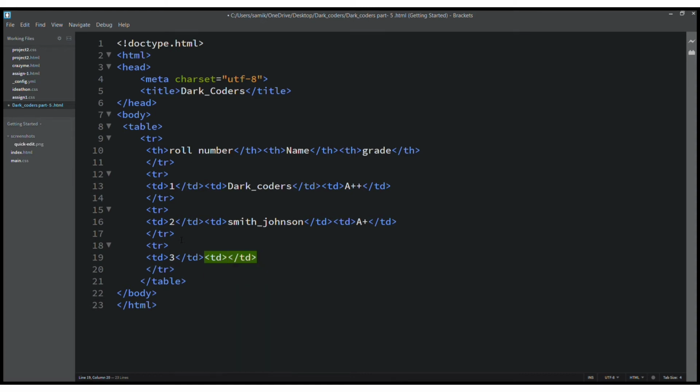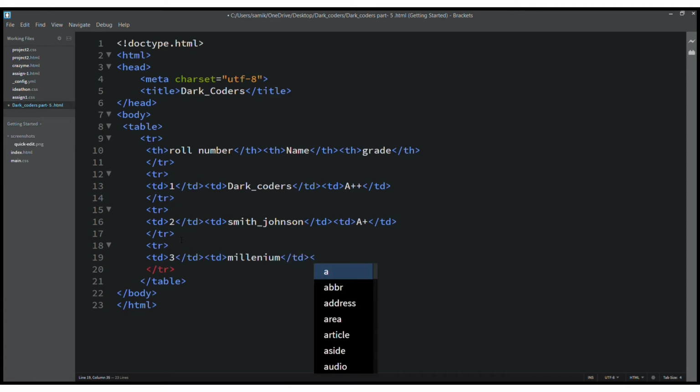In that td I will write another name, and after that for grade, first td, and then I will give the grade A only.